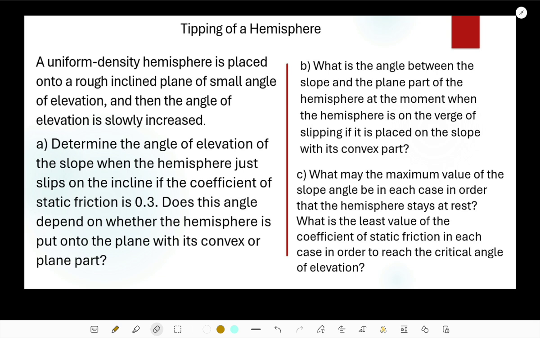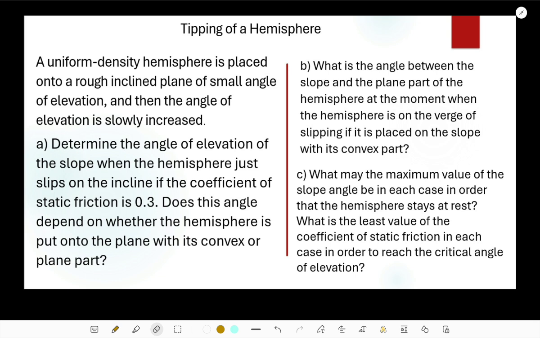So only part B and part C of this problem are relevant. Part A was just information that the coefficient of friction is 0.3 or something like that. I guess there are many problems with us. We will face many difficulties while solving this problem. But let me solve this problem